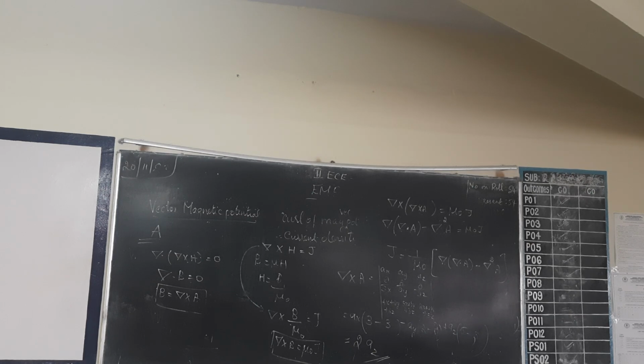The next one is classification of magnetic materials. I think you have learned this already, just a revision of what you have learned in physics. Dia, para, ferromagnetic material. Before going to that, the classification was based on the orbital magnetic moment, electron spin moment and nuclear spin moment. Based on that there was a classification. After that they came to the classification of your